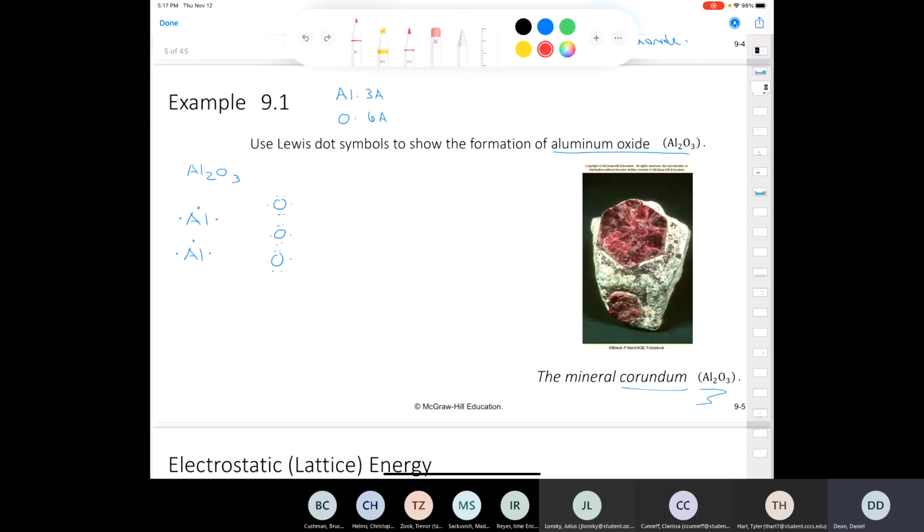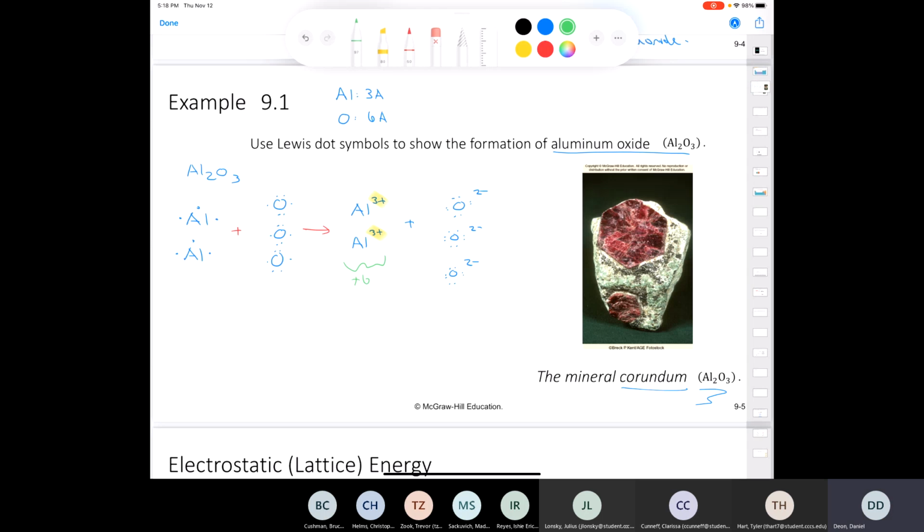So what's going to happen is that those aluminums are going to transfer all 6 of those valence electrons to the oxygen. So what will I be left over with? I'll be left over with 2 aluminum 3+ cations, and I'll be left over with oxygen. They'll all have 8 valence electrons, but remember that oxygen only has 6 valence electrons. So if it's got 2 extra electrons, that means that each one of these is going to have a 2- charge. Look at this. What's the total positive charges I have? 2 times positive 3. That gives me a total of